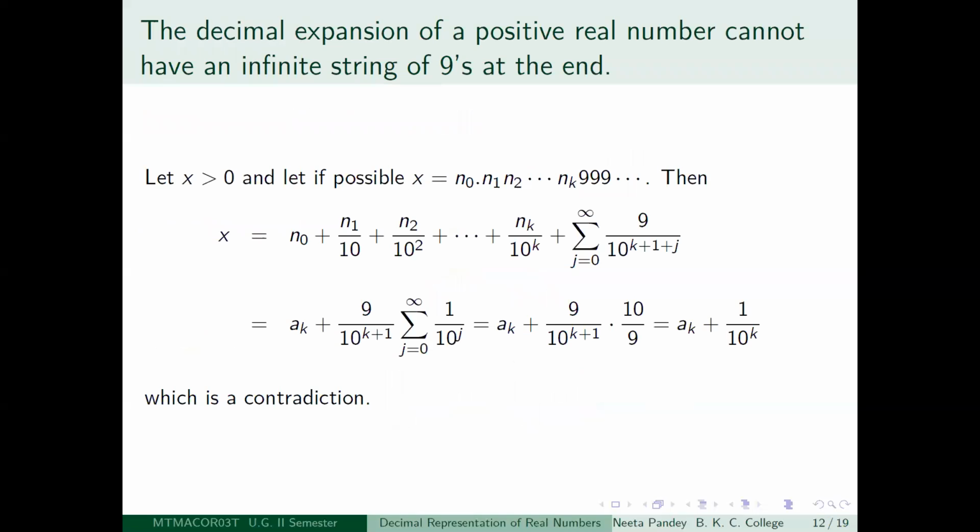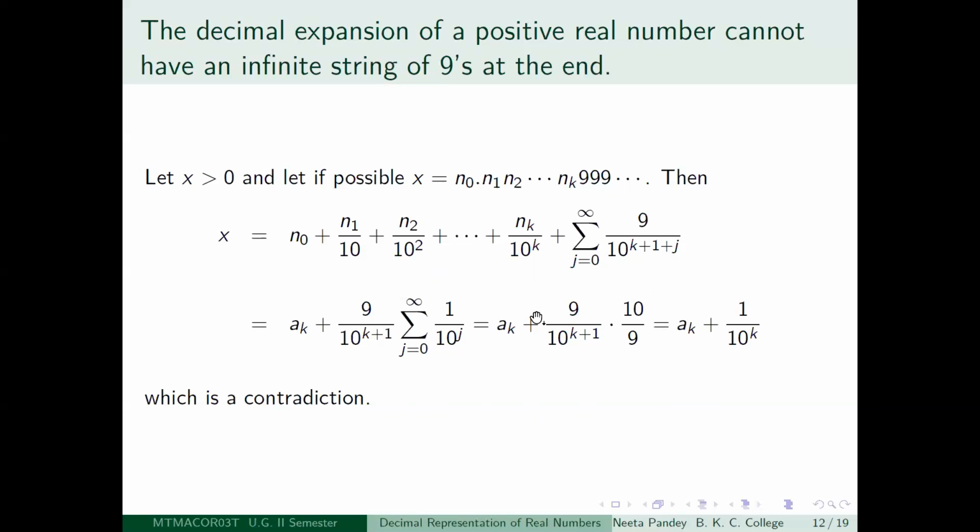So let us see. Our favorite style of proving is that whatever statement we want to prove, we assume that it is false, and then take the negative of that statement, show that that is going to lead to a contradiction, and hence our assumption was wrong. Therefore the statement which we want to prove is true.